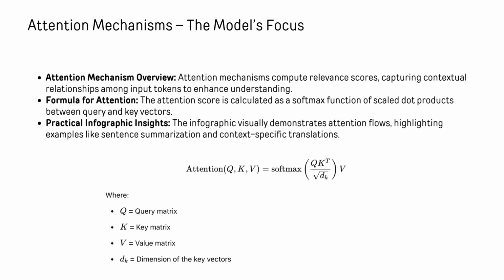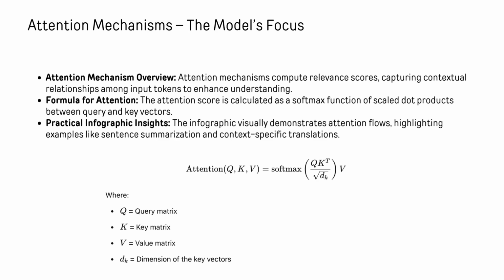For every word in the sentence, the model calculates a relevance score to understand how much attention it should pay to other words. For example, in the sentence, "the dog chased the cat and it ran fast," the word "it" could refer to either the dog or the cat. The attention mechanism helps the model figure out that "it" is more likely referring to the cat by analyzing the